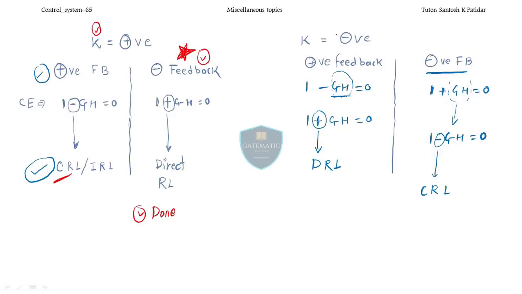The second is a negative K value. So for the complementary root locus, two things you will always remember: either you have positive feedback,